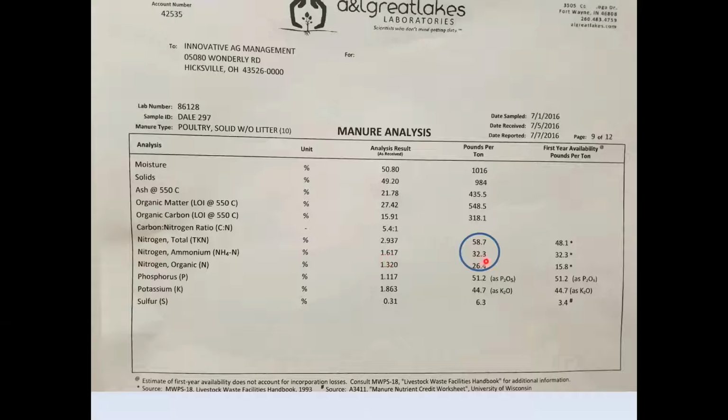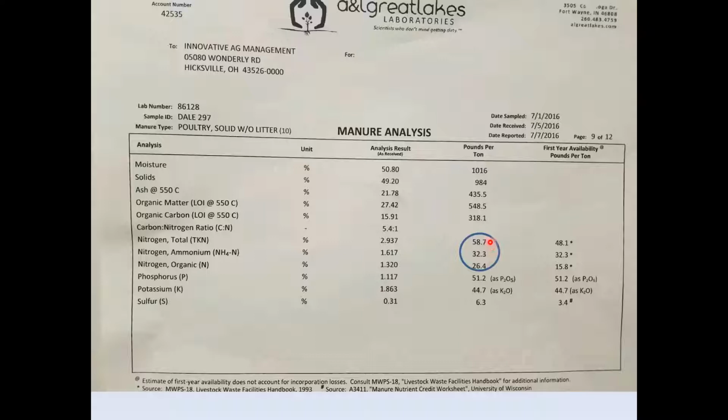And here, of the original 58.7, we have 32.3 pounds in the ammonium form. And then the next form is organic nitrogen in this example. Now, in a liquid sample, I'll show you after a bit, they also have a nitrate nitrogen level, but those are usually pretty low, so they're not often counted or considered because the content's pretty low. But anyhow, if you add up your nitrogen sources here, your ammonium nitrogen and your organic, then you'll get your